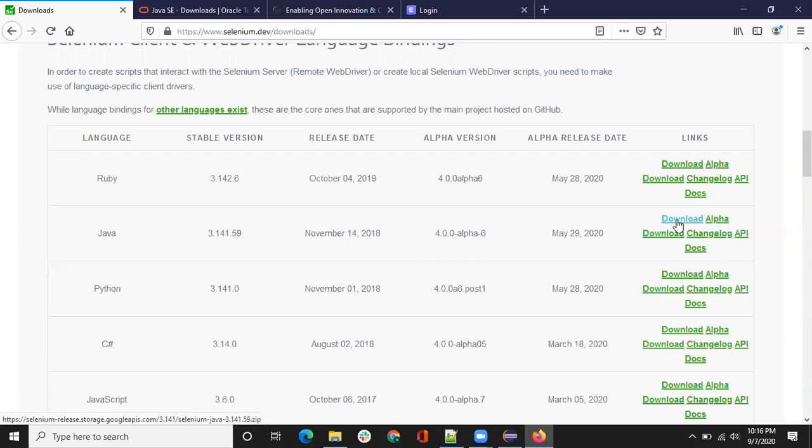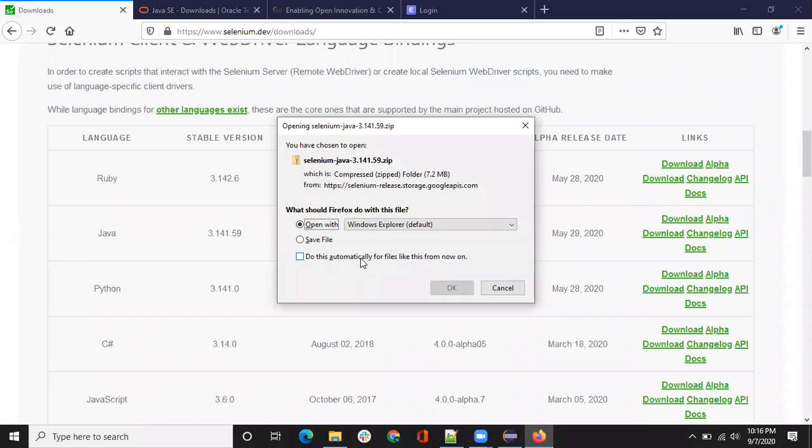So that will give you the stable version of Selenium. The alpha version is 4.0. Alpha means it's in alpha testing, right? That thing. And if you click on the download, it will start downloading the stable version